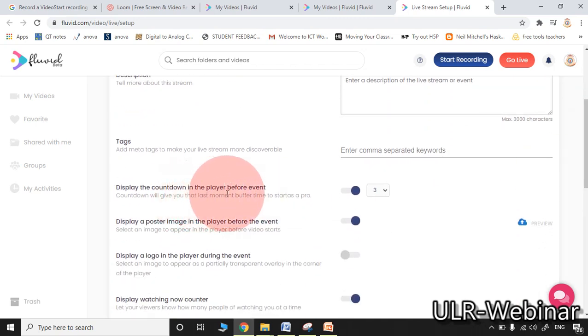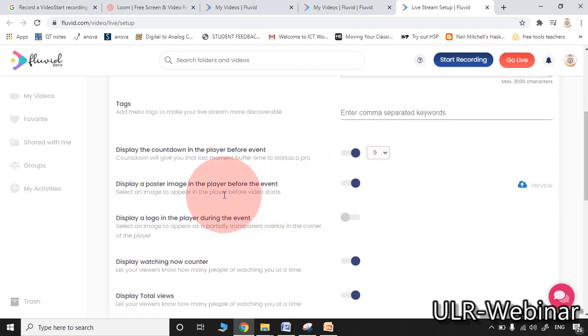Display the countdown in the player before the event. Yes. Display a poster image in the player before the event. You may upload anything. At present I am not selecting this particular option. Display a logo.